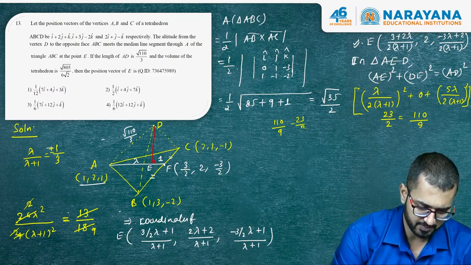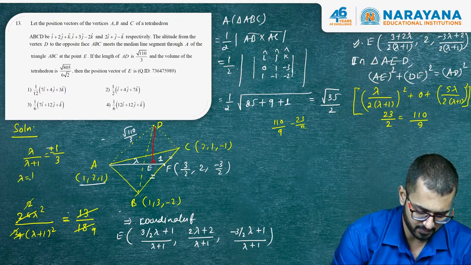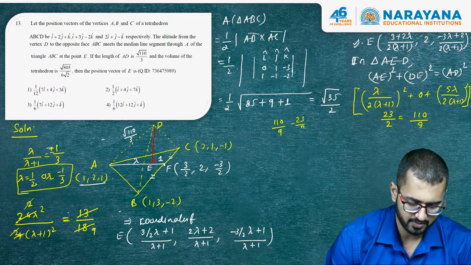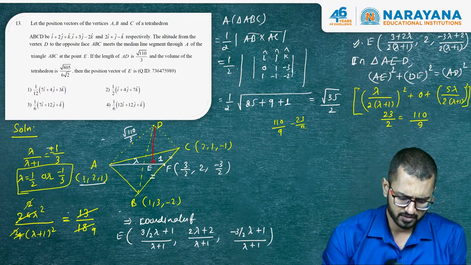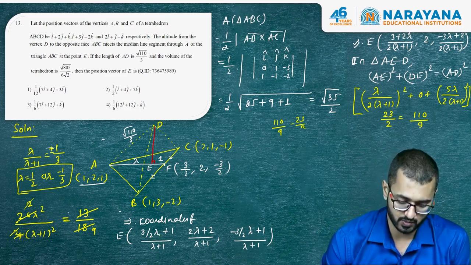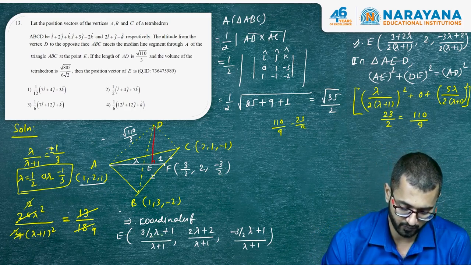So lambda by lambda plus 1 equal to 1 by 3. That means lambda equal to 1 by 2 or minus 1 by 3 plus 2 by 3, so minus 1 by 3. So both are possible. Lambda equal to 1 by 2 or minus 1 by 3. So now we'll plug in lambda equal to 1 by 2 here. So this will give me what? 3 by 2 into 1 by 2. So 3 by 4 plus 1,